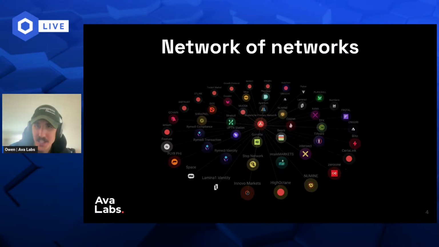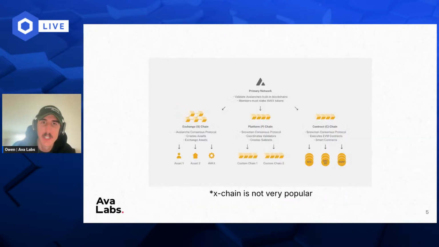So that's also interesting. But you can see some more odd things here where we have 3 chains, Remedy, that all have the same logo, all have the same name, but all have different, very unique and purpose-built applications. One of them is for compliance, one of them is purely for transactions, and another one is for identity. So I'm not going to touch on every single L1 that's here, but you can get a high-level idea of what Avalanche is.